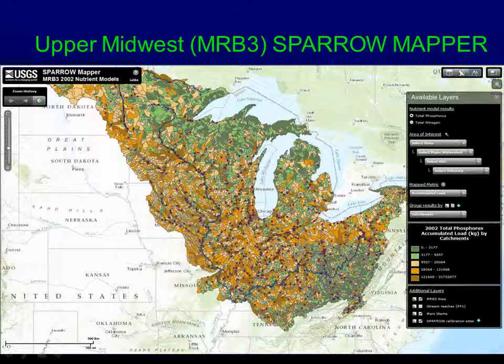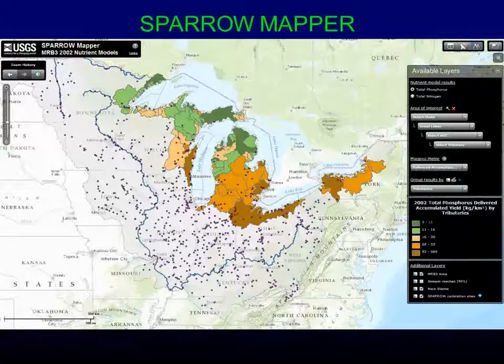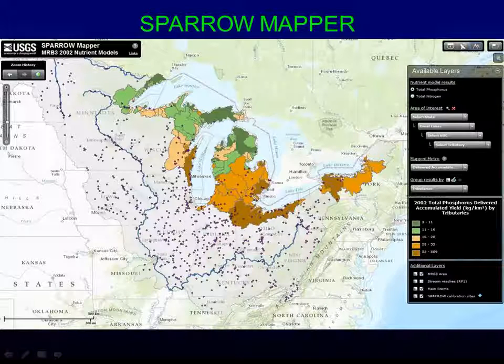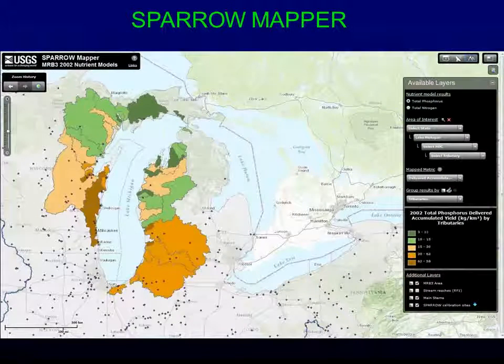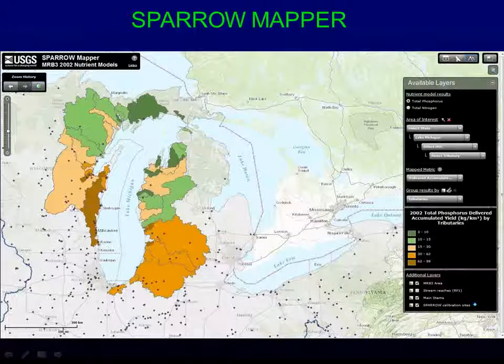We can also change what we're looking at here. So let's say you're in the Midwest, but you really don't care about the entire area. Really what you care about is the Great Lakes. So you can go down here with a pull-down menu and either pick your state, or you can pick your lake that you're interested in, or you can pick all of them. So here I'm picking the Great Lakes, and it very quickly cookie cutters out that area. You can get into a specific Great Lake. So in this case, we picked Lake Michigan, and it can show you those.